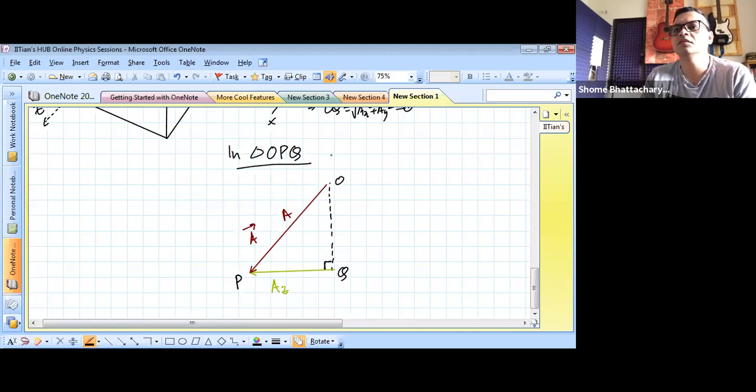So in this triangle, angle OQP is equal to 90 degrees, because OQ is the face diagonal